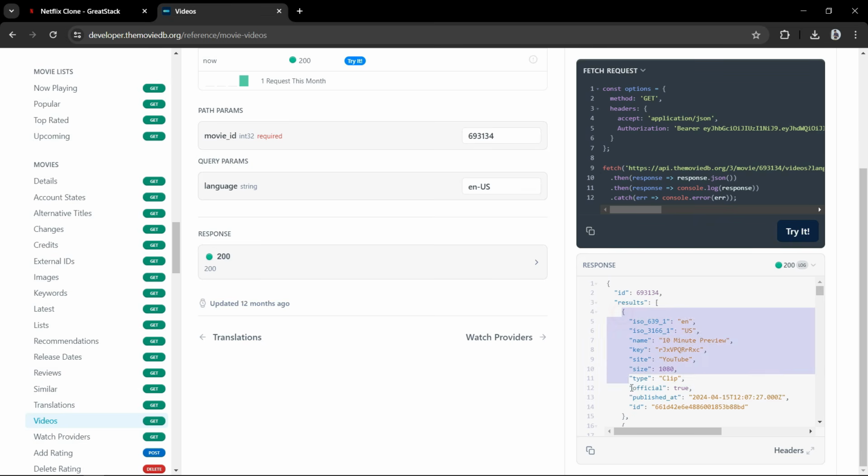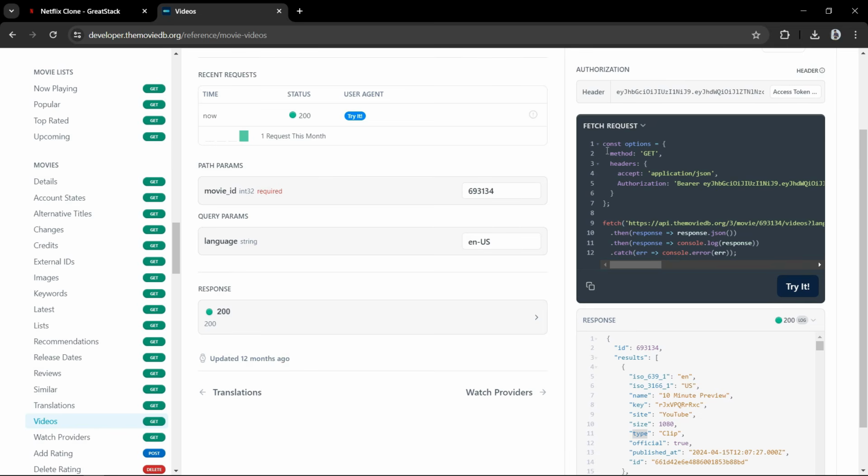So in the first object we are getting name, that is the movie name. Then we are getting the key. So this key is the YouTube video ID. Then here we have the type. Then we have the published time or date, right? So from this data we need the name, this key, and this published time, and we need the type, right? So let's copy this code